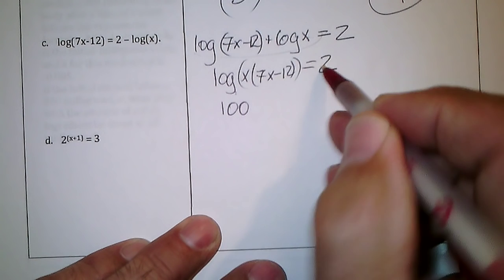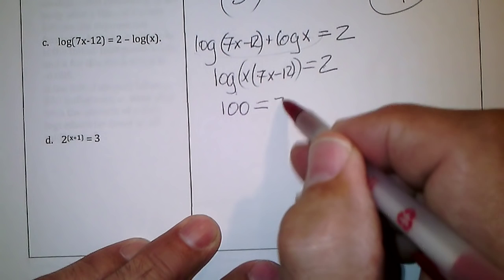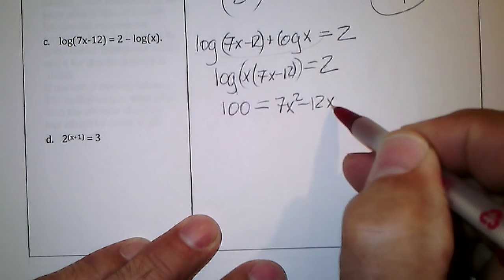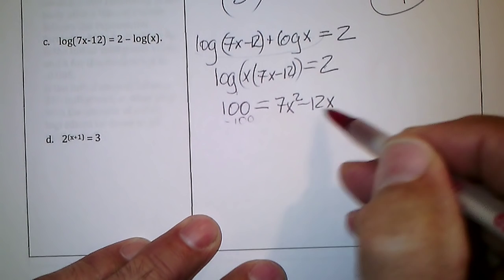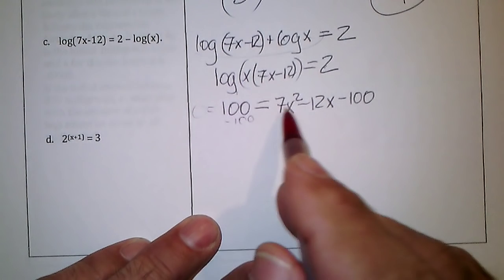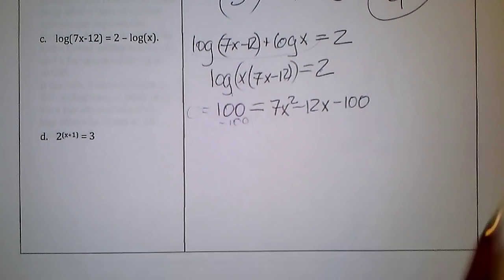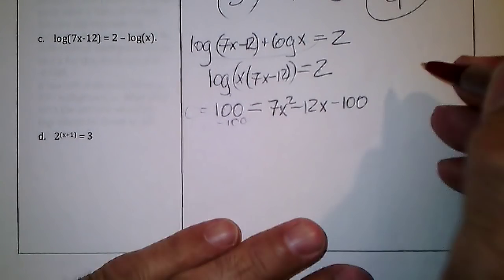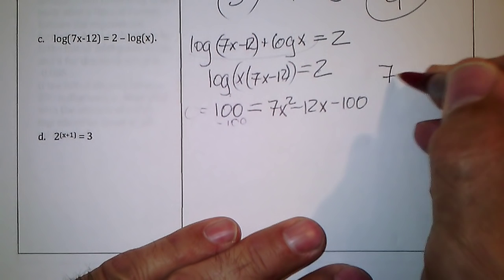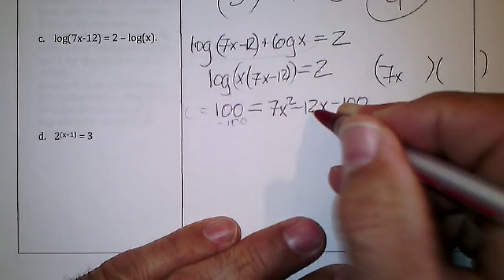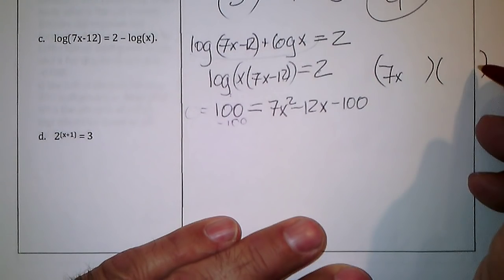10 squared equals 7x squared minus 12x. Subtract 100 from both sides. Now I have a quadratic that's equal to 0. And I might be able to factor it. And let's see, that would be 7x, and see, I want to get 12, so I might do 7 times